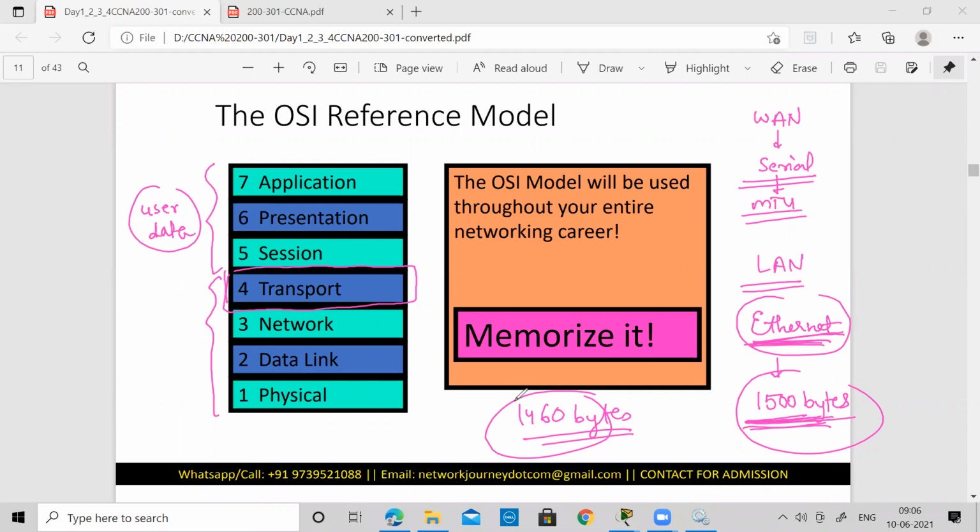It also sees that when you break the segments, when it is more than 1500 bytes, it will try to break the segment. And after breaking the segment, it will also try to do the padding to make it 1400 or 1460 bytes. It will break it, and it will do some numbering.